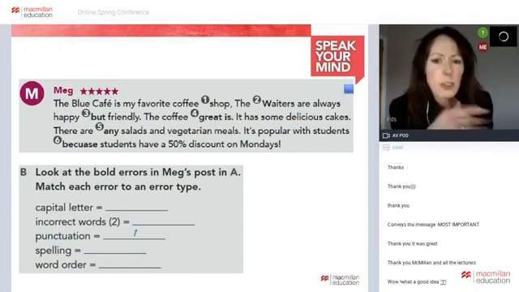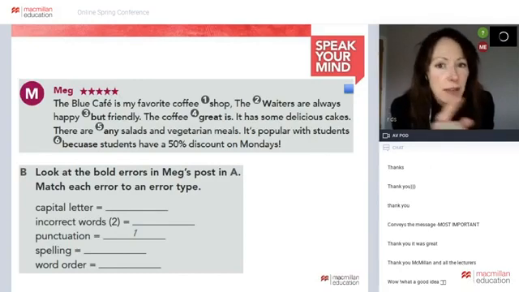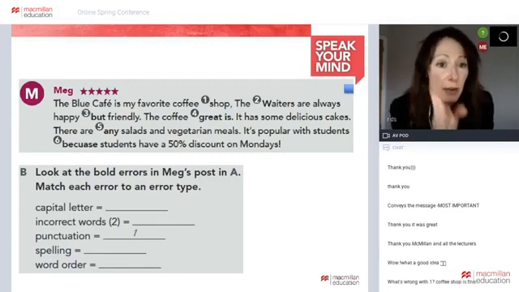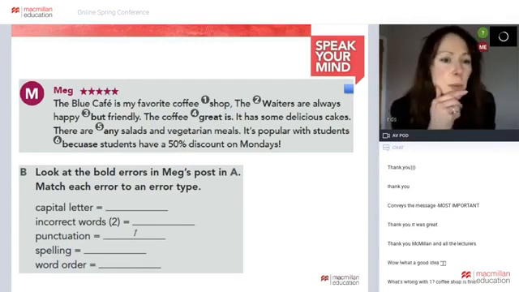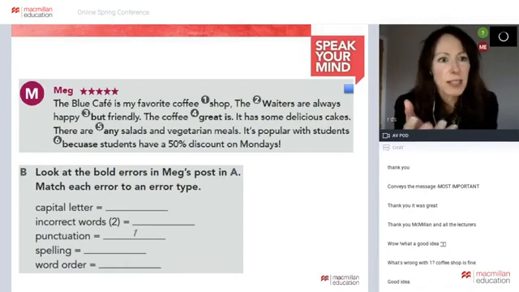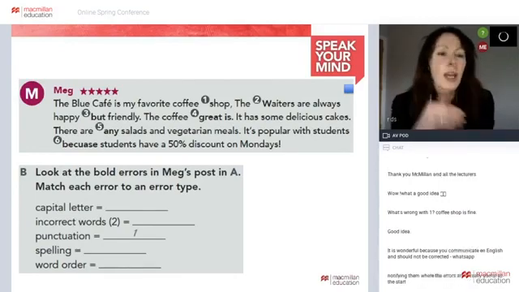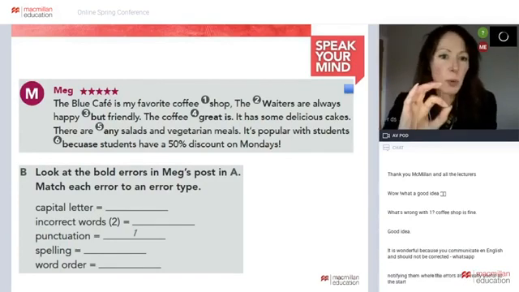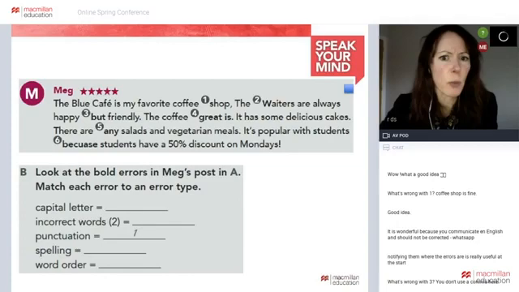We don't need to do this task. You can if you want. So the errors are highlighted there because we don't want to waste student time, class time with students. We just want to get on. Here are the errors. Match them with the 1, 2, 3, 4, 5 errors in B. It's a great writing activity there, just to highlight that there are common errors that might come up. This is what they might be. Find them and then correct them. It just raises a little bit of awareness before students then continue